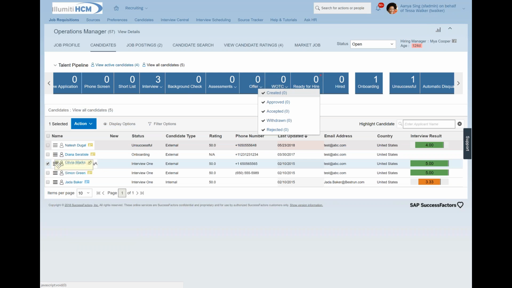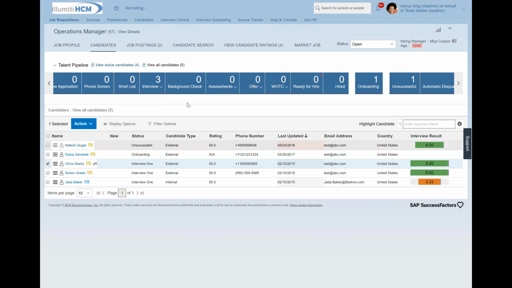So if I think, gosh, Olivia is just a great candidate, she did so good in interview 1, I'm going to move her right into the assessment piece, I could do so. Or skip the phone interview and go right into an in-person interview, I could do so. And then depending on your business process and maybe your level as a recruiter, the system would automatically move that candidate, or perhaps would look for some sort of workflow approval for the exception you're hoping to make.